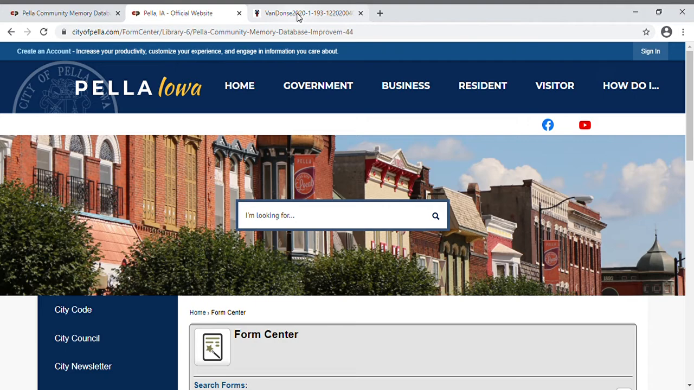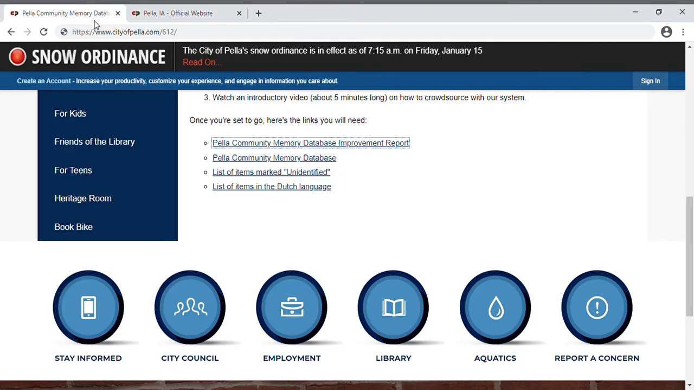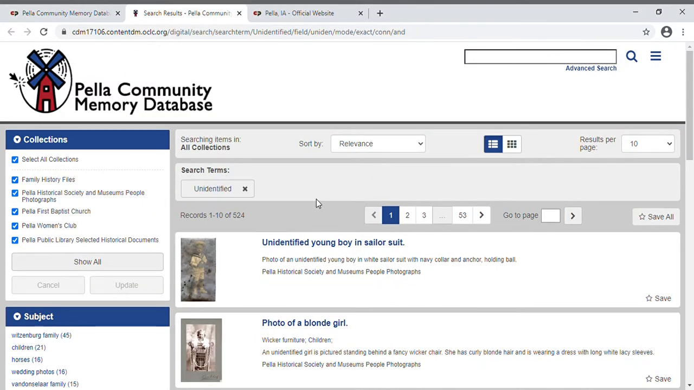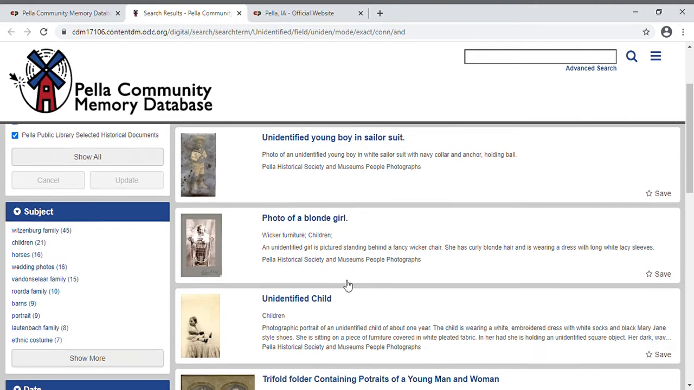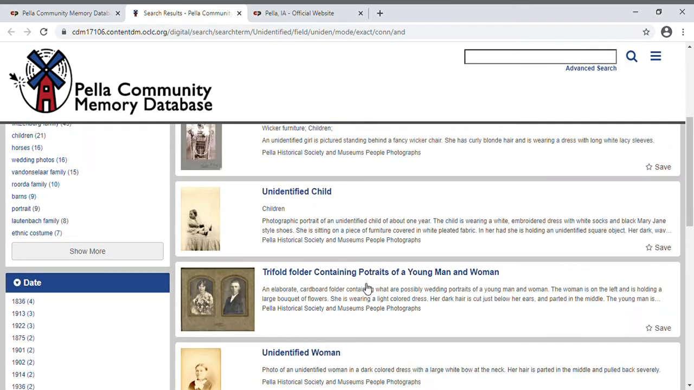To identify unidentified photographs or documents in the Pella Community Memory Database, you'll want to go back to the crowdsourcing page, but this time you're going to click on the link that says List of Items marked unidentified. This is going to automatically do an advanced search in the Pella Community Memory Database to make sure that what you're looking at, all of these photographs and all of these documents, are unidentified. There's something about them that we don't know,